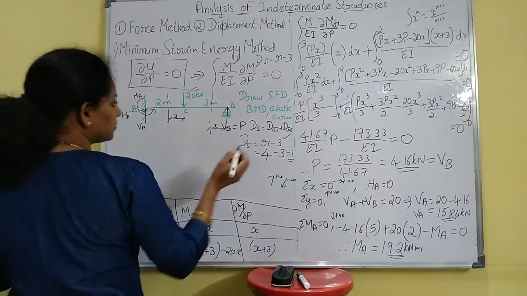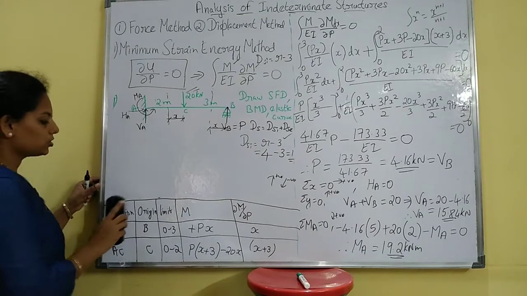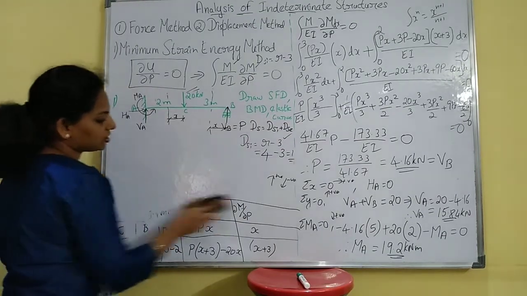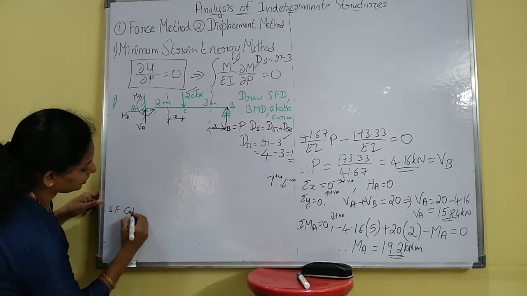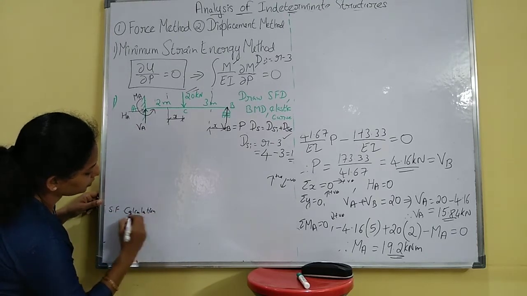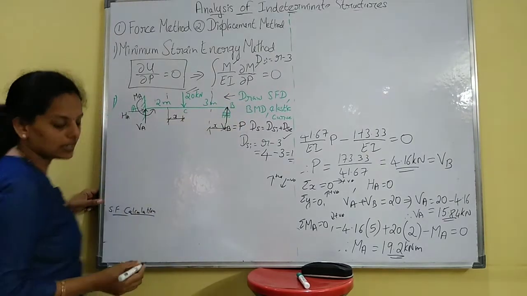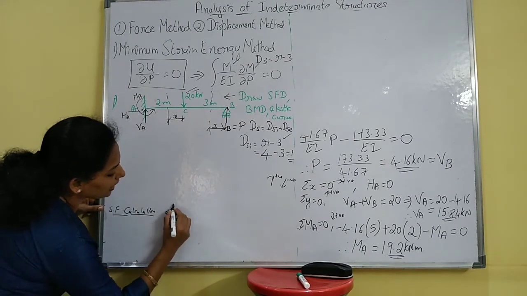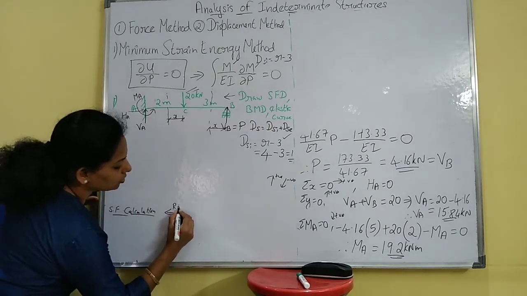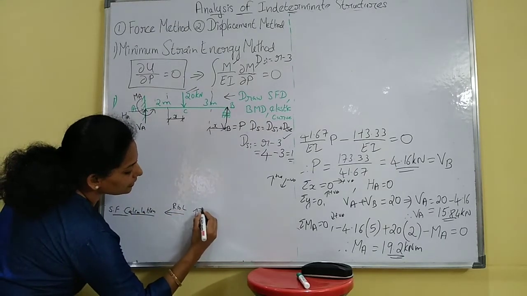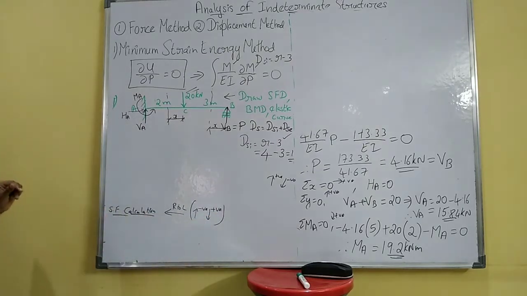Okay. Next, once this is done, they have told to draw SFD and BMD. So do shear force and bending moment calculation. First, shear force calculation. This is a cantilever beam, so consider your face from right to left. So the sign convention for right to left: you have upward as negative, downward as positive. So this is your sign convention.